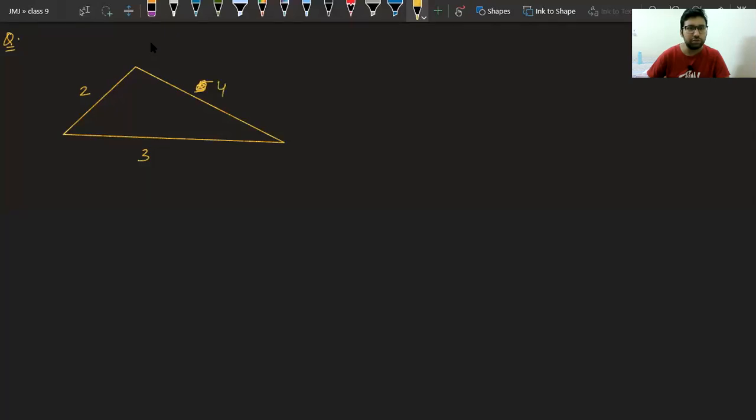4 plus 3 is 7. 2 plus 3 is 5. 2 plus 4 is 6. Yes, it is okay. Suppose this is the triangle. In this case, you don't have any right angle. Now the problem is you won't be able to find the area of this triangle. So for this, Heron did some experiments and found a formula. Class, for these cases where we don't have any perpendicular to find the area with the formula half base into height, Heron came up with a formula that we know as Heron's formula. Let us try. What is it?